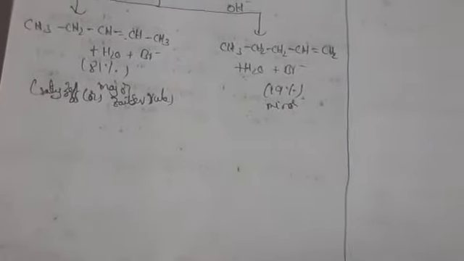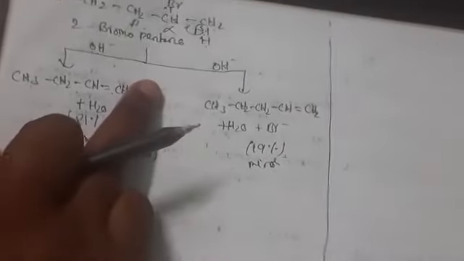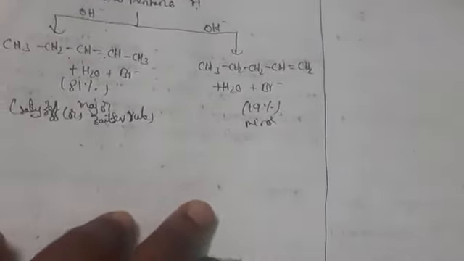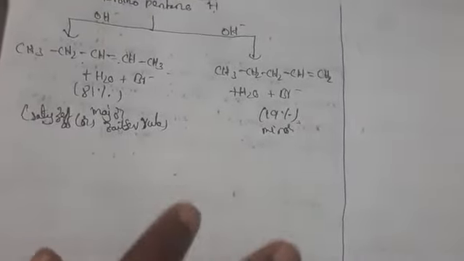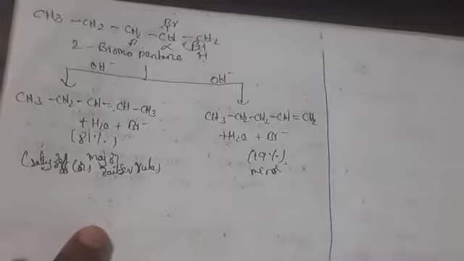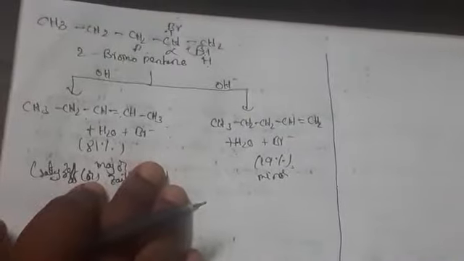So here what is happening? Dehalogenation is taking place, meaning halogens are being removed. So this is nothing but an elimination reaction. And in substitution reactions we take the same thing, but what happens in substitution reactions? We are replacing atoms, but here we are eliminating atoms. In the name itself, elimination reaction. Substitution means we are replacing. That's why SN1 and SN2 take place in the presence of alcoholic KOH only. But here also we are taking alcoholic KOH, but here we are eliminating atoms. So this is nothing but an elimination reaction.